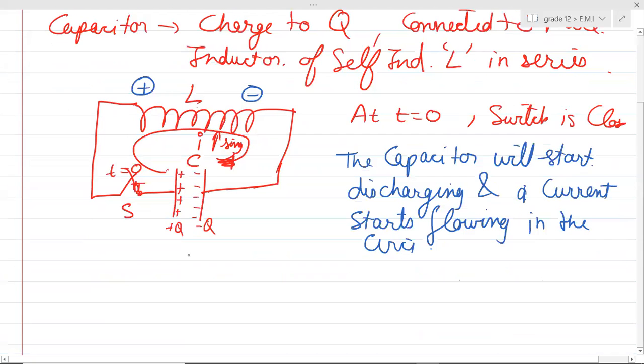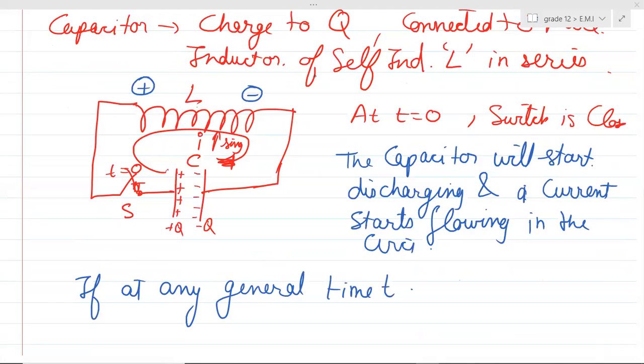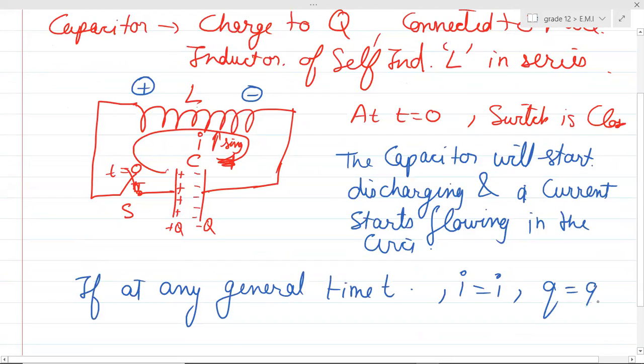Now if at any general time t, the current in the circuit is small i, the charge on the capacitor is Q, and